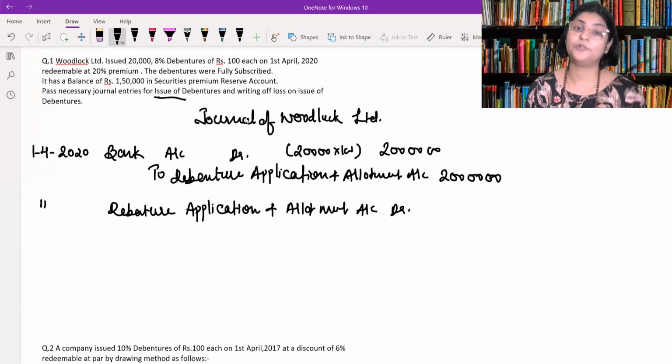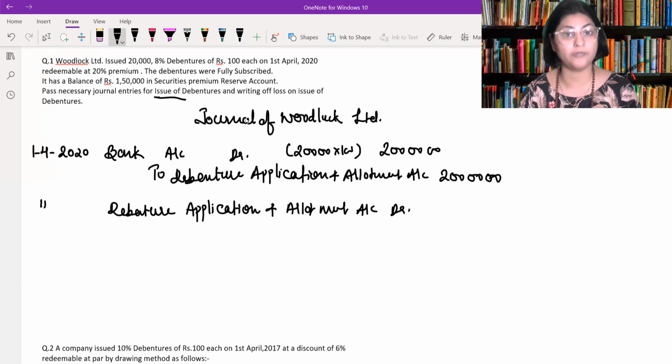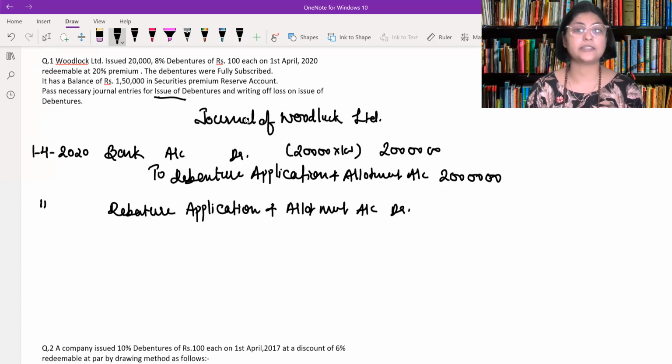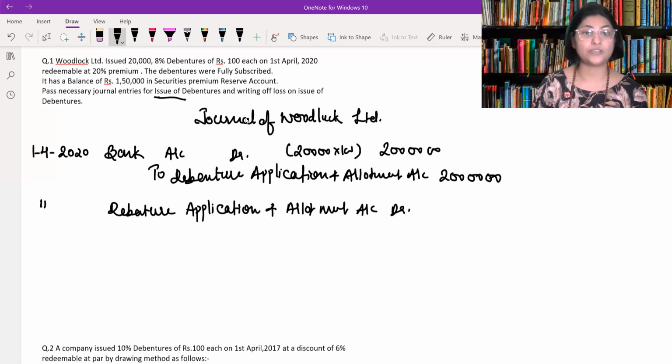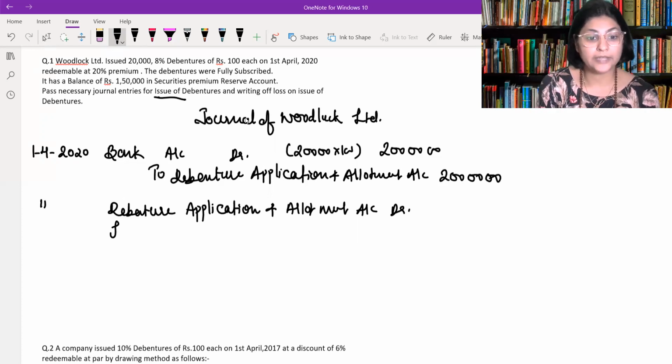But we have to accommodate one more thing over here. What is that one more thing? That is loss on issue of debenture. Yes, because in this question, the term of redemption is also given. And we have already discussed in the previous classes that whenever the term of redemption of debenture is given in the question, we have to write it. This capital loss has to be recorded in the books of the company in the year of issue itself. So right now only we will record this loss.